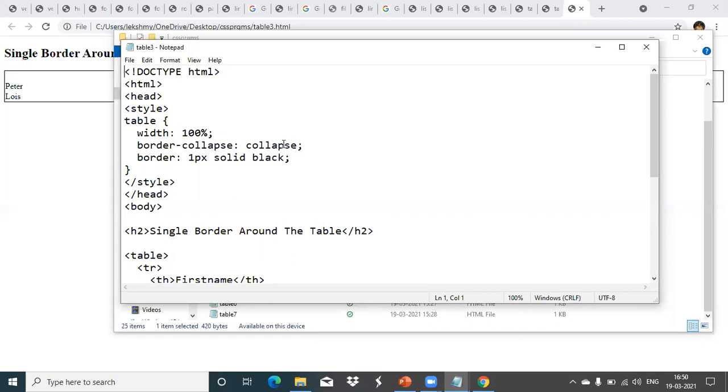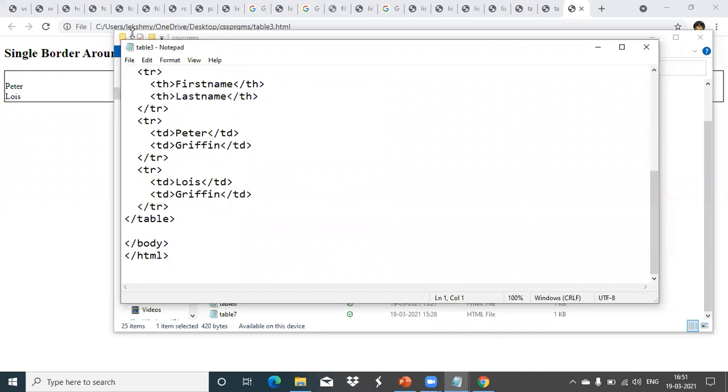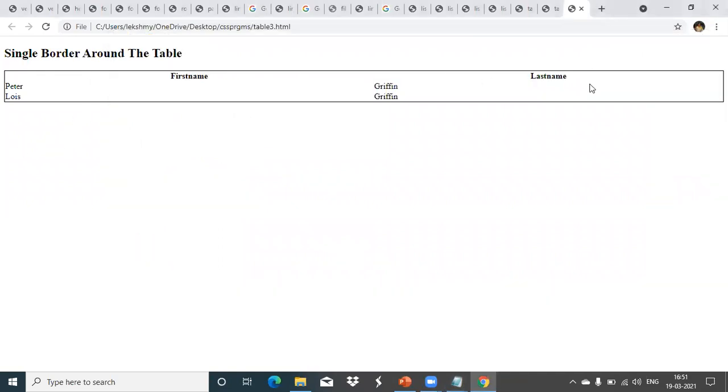It does not include the borders inside the table. For the rows and the table data, it is not giving any border. Only for the table it is giving the border. That is this border-collapse. We have told collapse, which means only a single border will show for the table. Okay, that's it. Like this. Clear now?